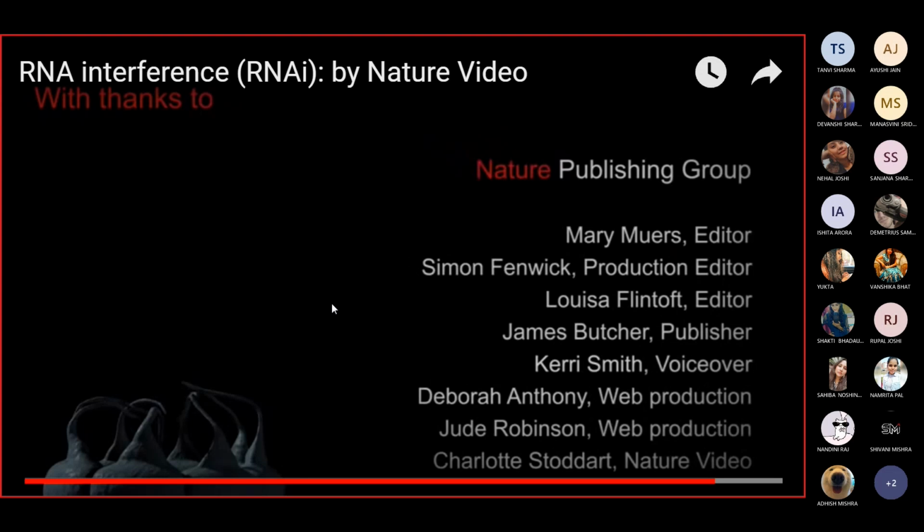It seems to work very well, but it is still a far reality in the clinic. When RNAi was discovered, there were a lot of hopes that this would get rid of cancer, for example. All we need to know is what is the difference between a normal cell and a cancer cell, and then make the RNAi work in the cancer cell, and boom, you are going to get rid of cancer. It turns out that it is not the case. We are still far away from curing cancer.